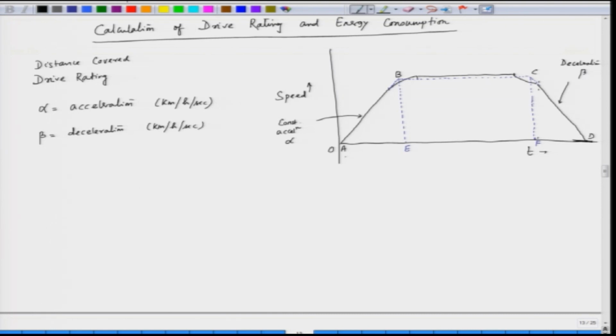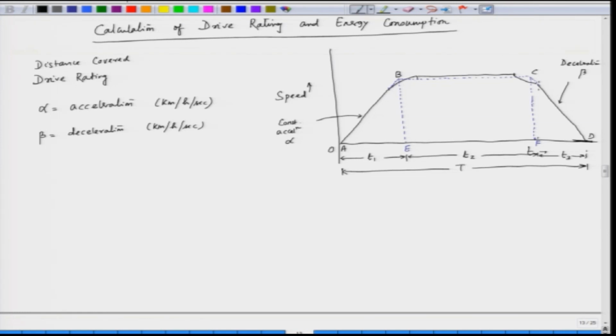We define this as the time t1 and this as the time t2 and this as the time t3 for which it is braking, and the total time is capital T. The total time of travel is capital T. Now, we have to find the area under the curve to find the distance. So, the distance travelled here is the area under the curve.